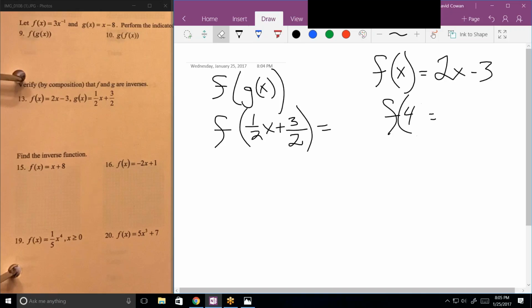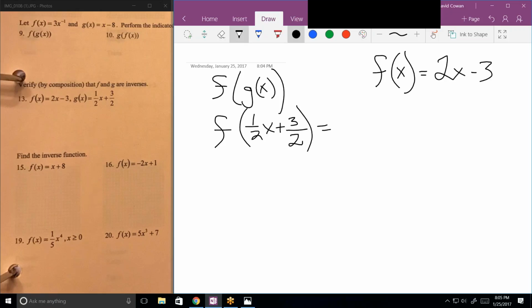So we would do f of 1/2 x plus 3/2 equals 2 times 1/2 x plus 3/2, minus 3. Here's what I'm going to do. I'm going to go to this function, and whenever I run into x, I'm going to substitute what's inside this parentheses down here. So it becomes 2 times,